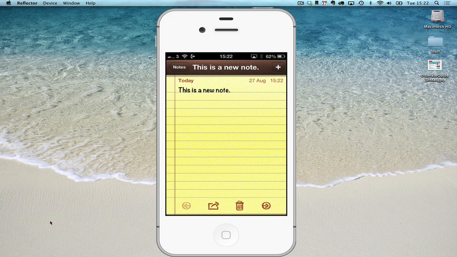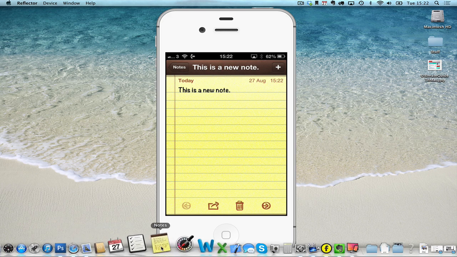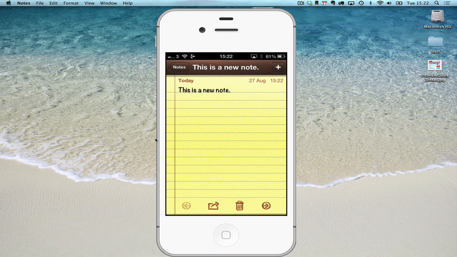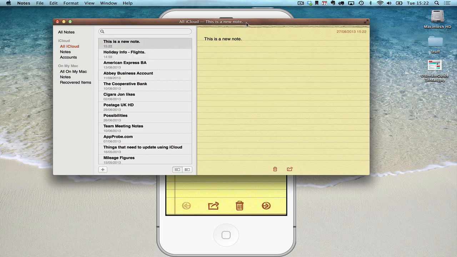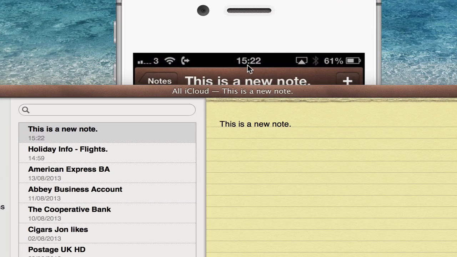Now what I'm going to do is go to my Mac notes, which is on my dock here. If I click that, and there we go, this is a new note. So if we look at the time, 15:22, and we look at the time here, 15:22, that's exactly the one I just wrote. So what I can do now is add to this note,